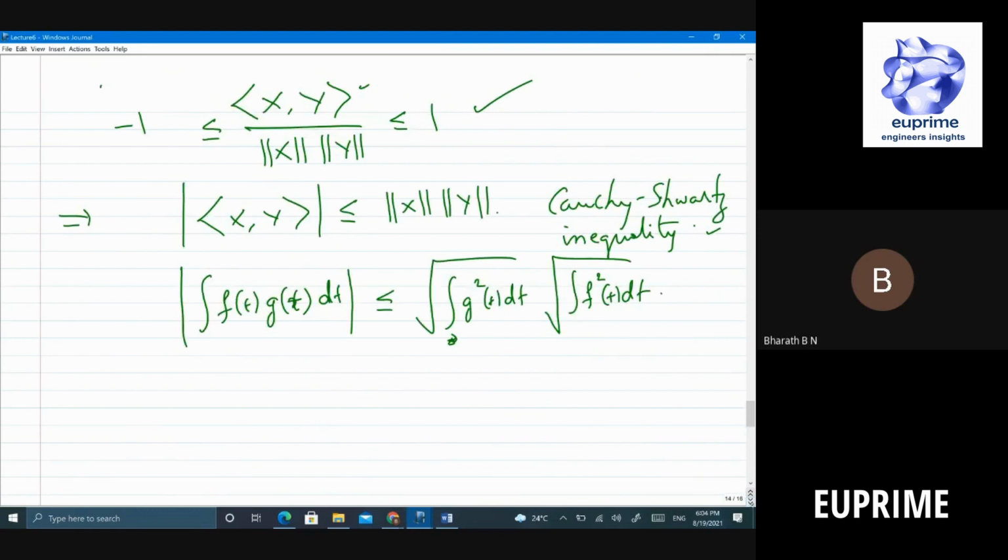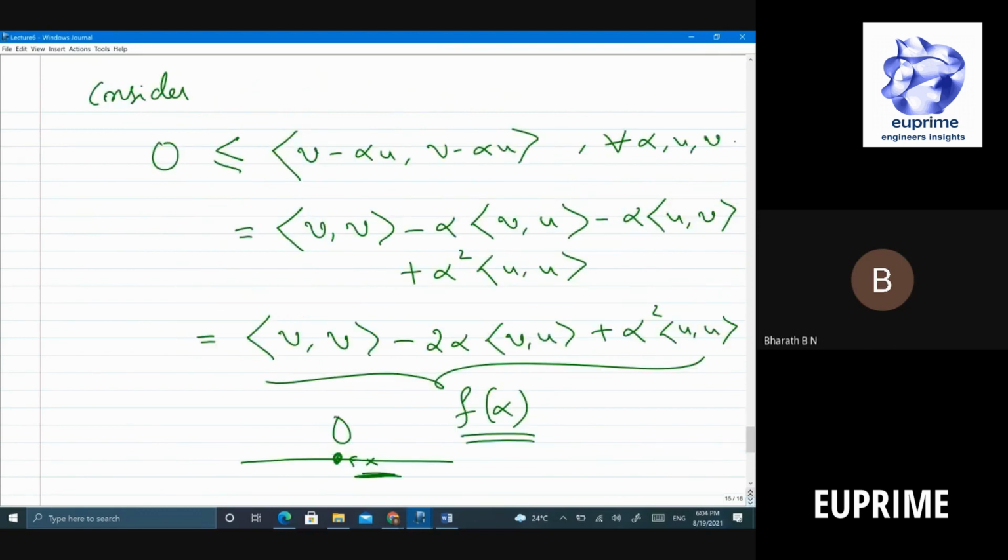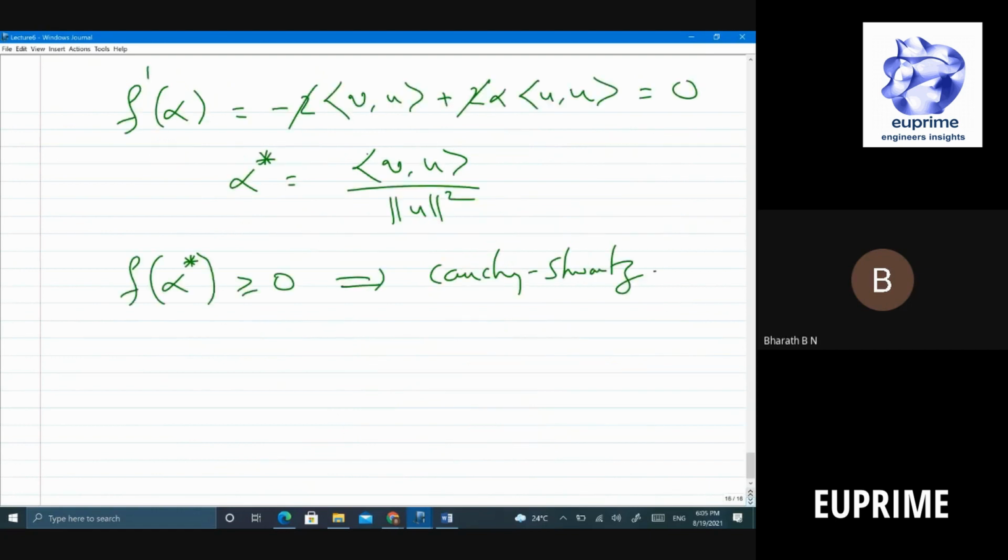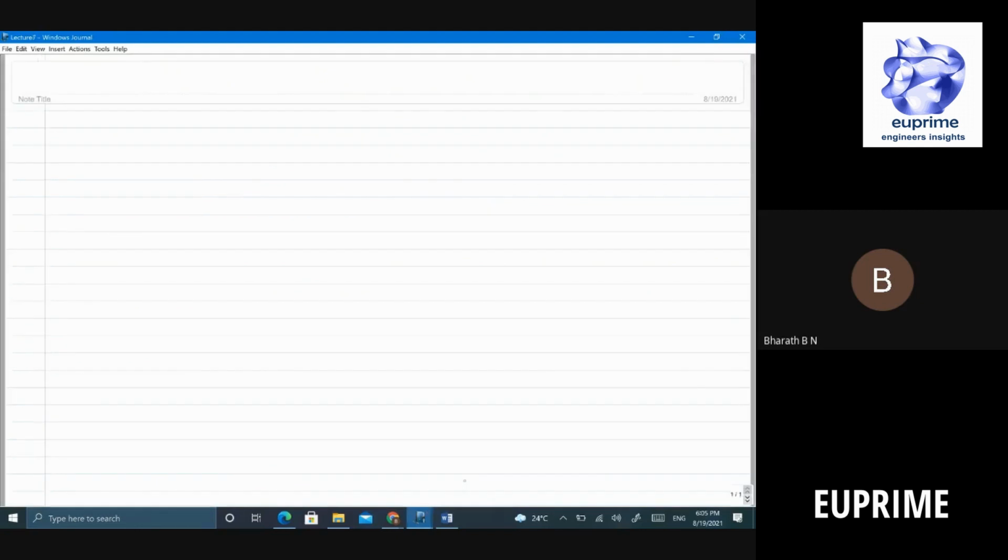And then we also looked at a very important inequality called what? Cauchy-Schwarz inequality, right? So essentially, the inner product's absolute value is less than or equal to the product of norms. That's what it says, right? And we also looked at how to prove it. Okay, so today we will continue with the inner product. Let's look at another inner product